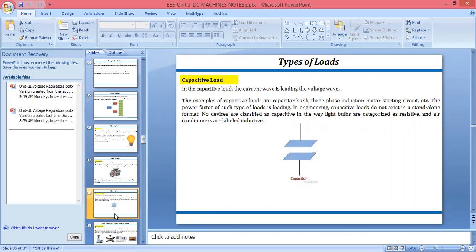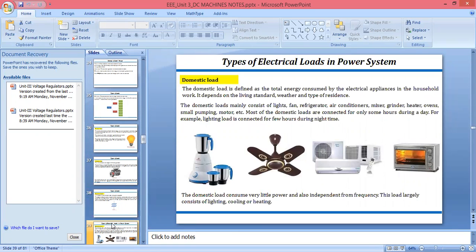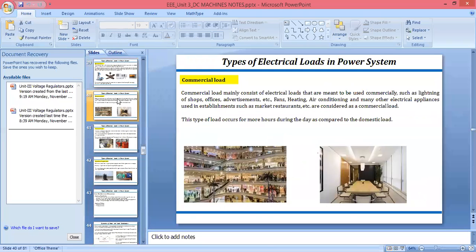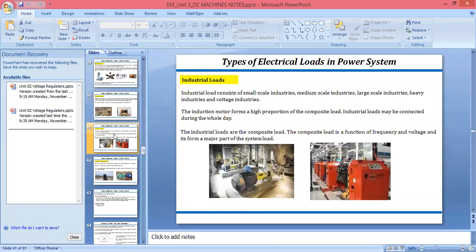Then we have seen about the capacitor. You can take the example of our fan also, because it is also using a capacitor. Then we have studied about agriculture, domestic, and then industrial. Domestic means the electrical energy supply we are using at our home. We can call all of these domestic. If you see, we are using them at the industrial level also, so we can say these are the industrial loads.